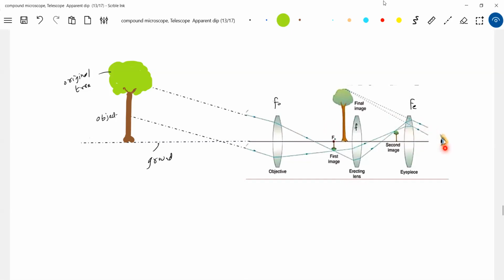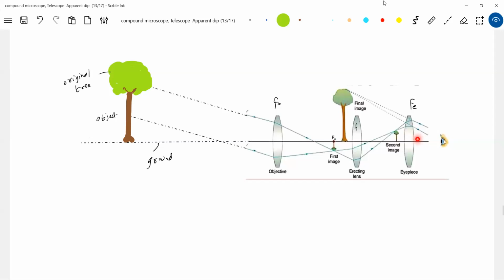So I am seeing the erect image, and you can say, sir, this is bigger in size, so it is still smaller. But look at the angle. What is the trick here you have to understand? You look at the eye, put it like this. What is alpha? Alpha will be very small. What is the angle subtended? Very small. The image will subtend more angle, beta. Am I right? This is the core idea.